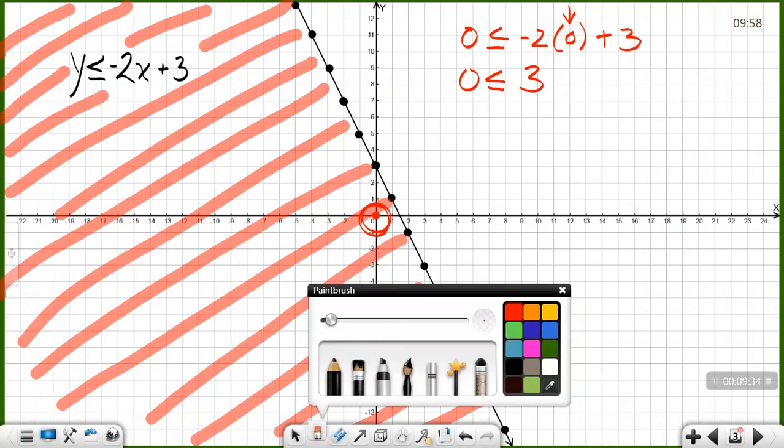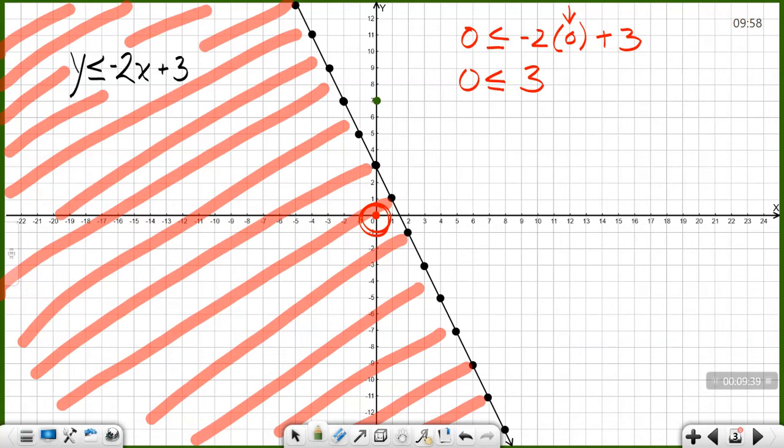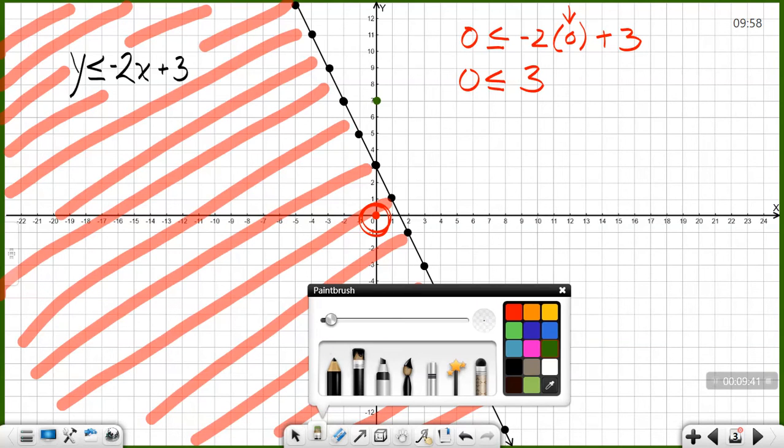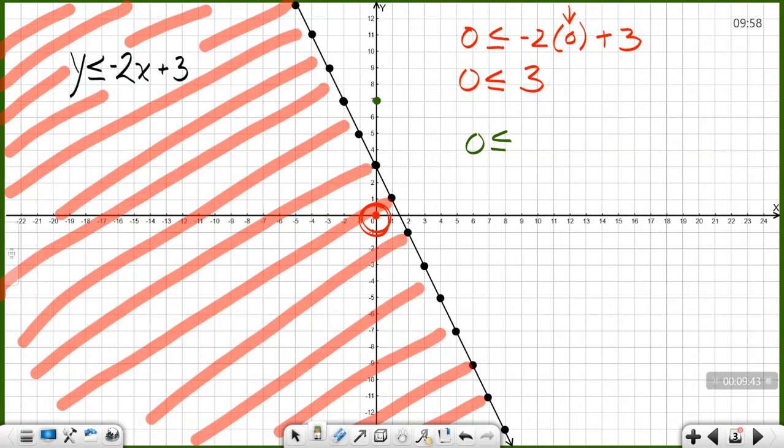If you pick a point, let me just pick another one here. I'll go for green, just so you know that it's not there. All right. Let me pick 0, 7. All right. And if I test that point, 0, 7, that means 0 is less than